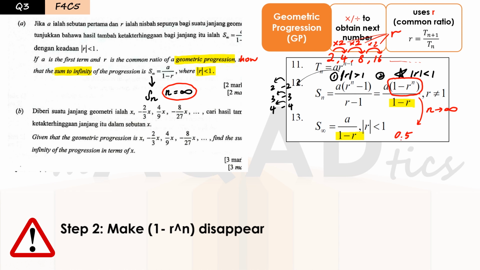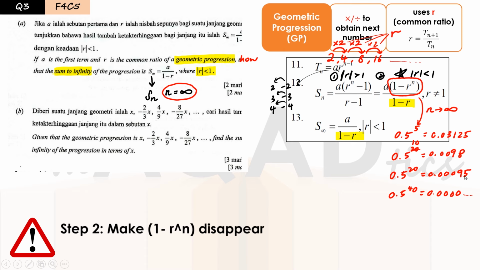Okay, r = 0.5. Let's say for the value of n, we start small first. So n is 5. If r = 0.5 to the power of 5, we will get 0.03125. Now our n value, we need to go bigger. Let's say 20. Oh, sorry, I think that's a bit too big. Let's say 10. So we go to 10. It would be around